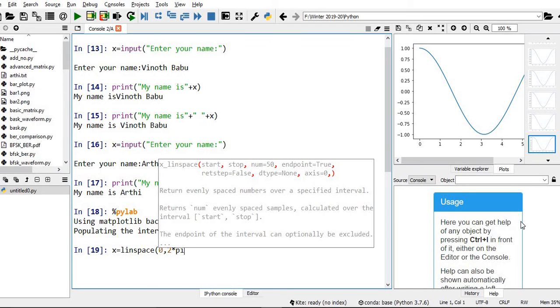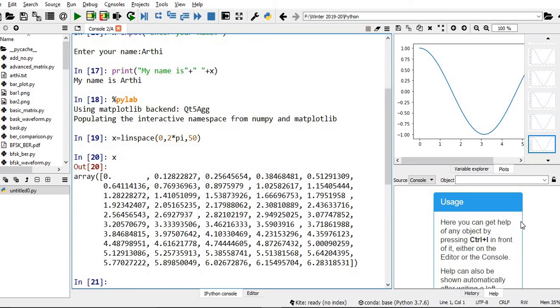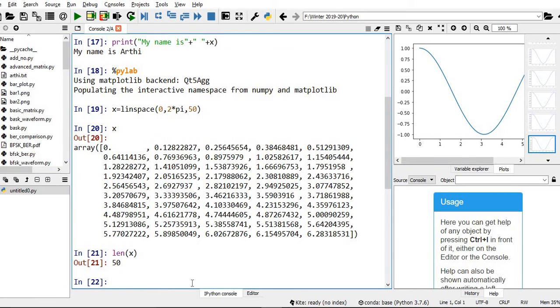Starting value is 0, ending value is 2 pi. Totally 50 data points I am taking. If I hit enter, you just see, these are the 50 values. We know pi is 3.14, 2 times pi is 6.28. So between 0 and 2 pi there are 50 data points. You can check the length of x, it is 50.